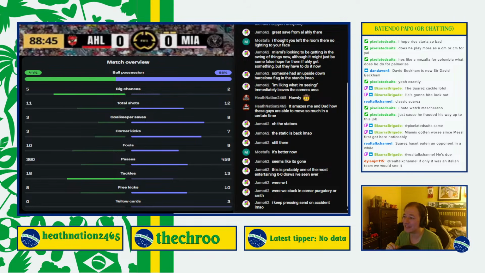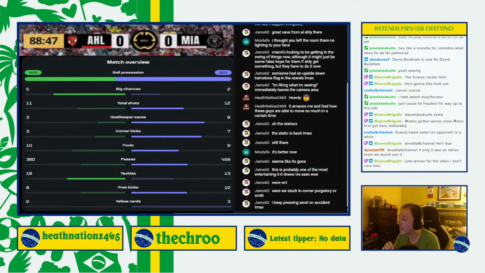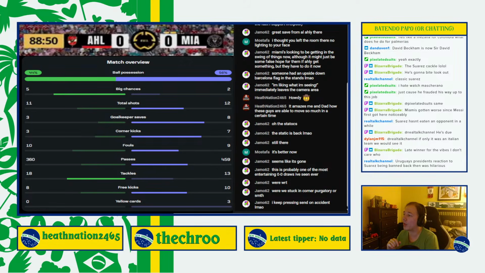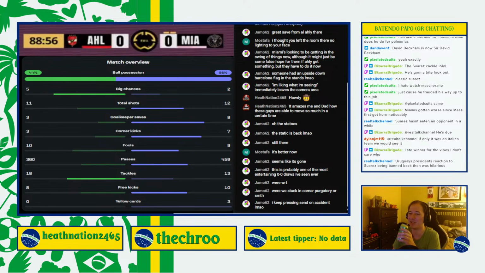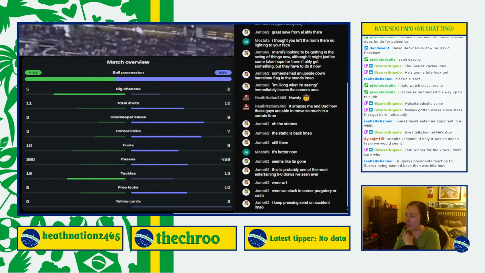Across towards the edge of the area on the left side. Messi got a touch to it. It's out for a Miami throw. Is this one destined? Yes, it was real. Well, however this scoreline ends at the final whistle, Ahly has certainly sent a message, especially to its group with